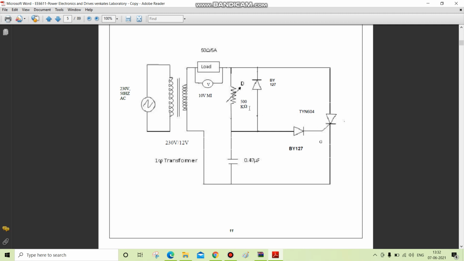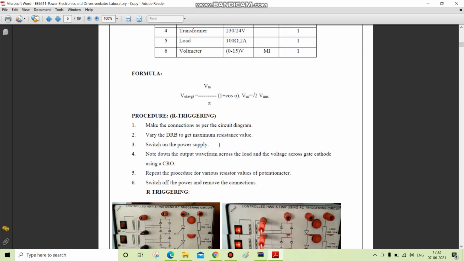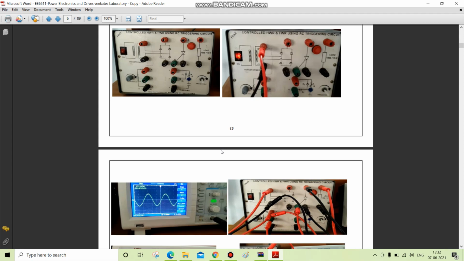In the negative cycle of the voltage, the capacitor charges to the peak negative voltage of the supply through the diode D2. Then the capacitor maintains this voltage across it till the supply voltage crosses zero. As the supply becomes positive, the capacitor charges through the resistor R from the initial voltage of minus Vm to a positive voltage. When the capacitor voltage equals the gate trigger voltage of the SCR, the SCR is fired and the capacitor voltage is clamped to a small positive value. Then we are going to see the last firing circuit.